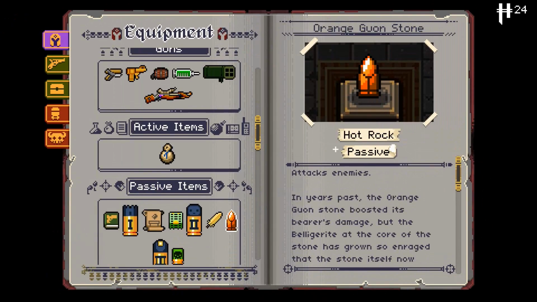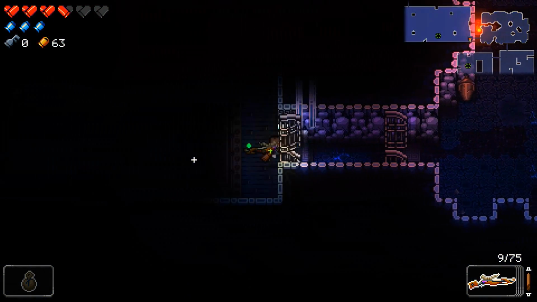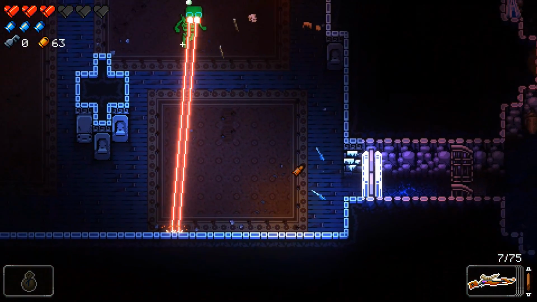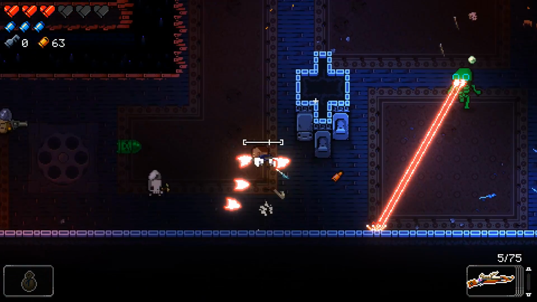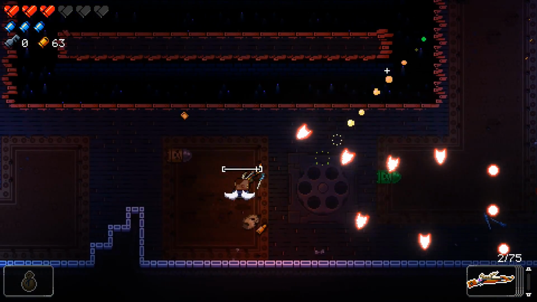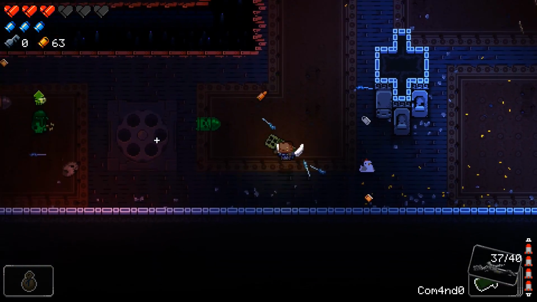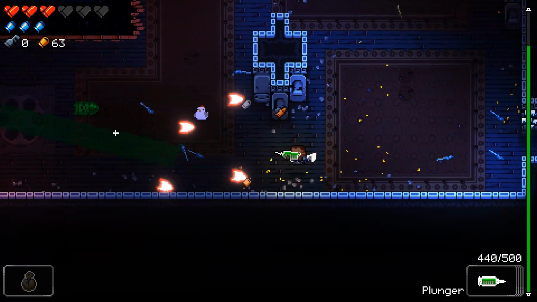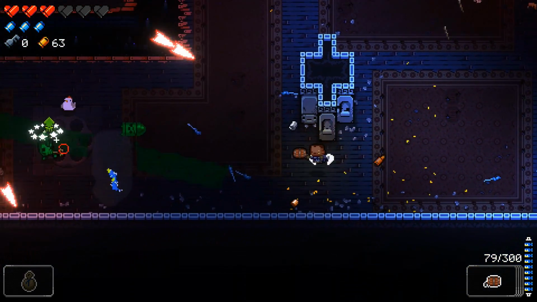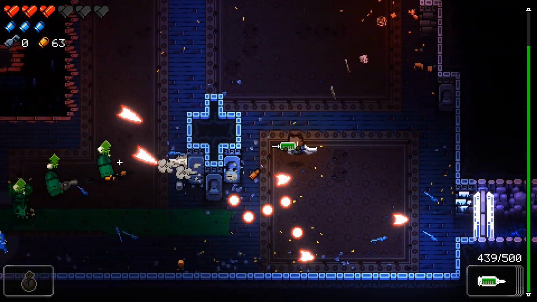I like this thing. What's it called again? The orange guon stone. It's firing things, and its shots are irradiated as well sometimes, apparently. Oh, dang it. Kinda dodged with that beam there. Those are probably immune to poison, I would imagine. Actually, not. They're not. They are affected by both the irradiated lead and the...